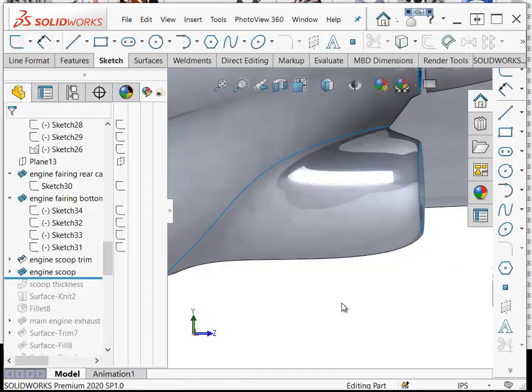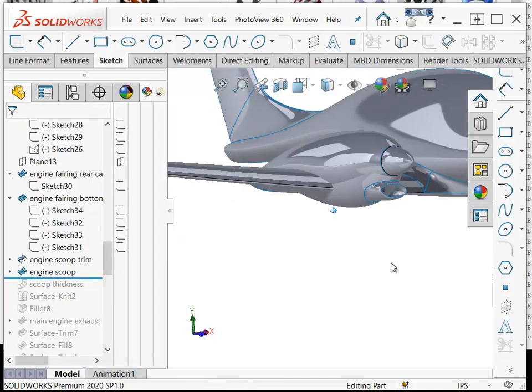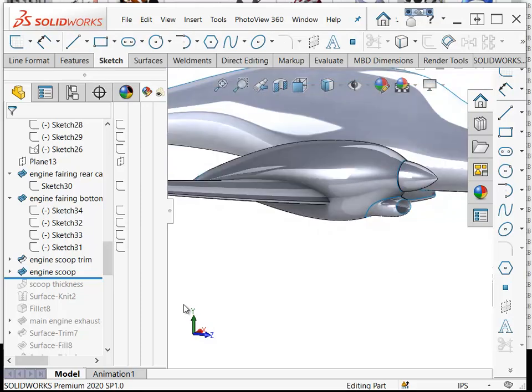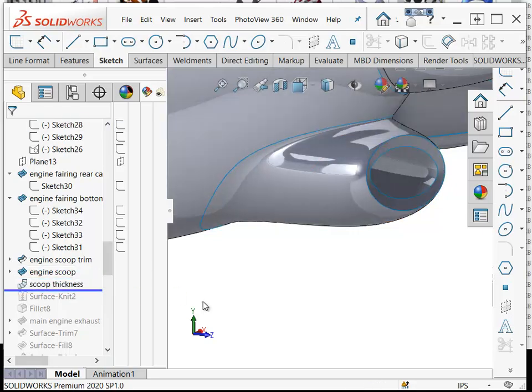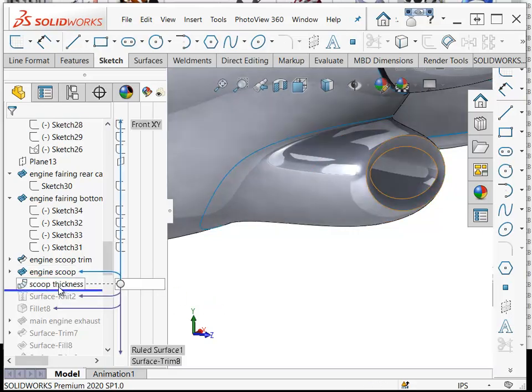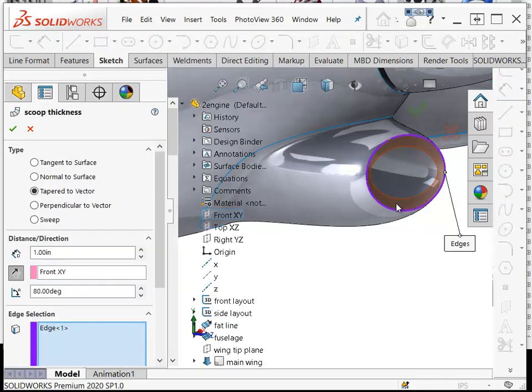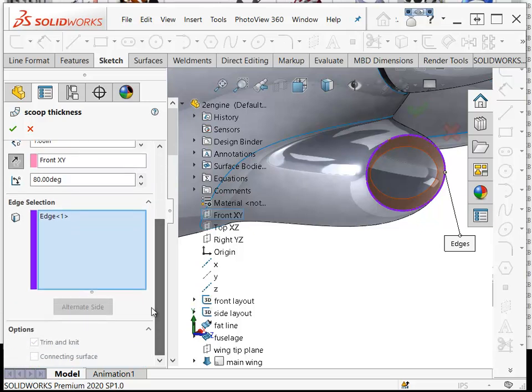I kind of like the shape that this creates. It integrates well into the rest of the design. To get a little bit of thickness on the inside of this so it doesn't just look like a surface model, one of the things that you can do is add a ruled surface. The ruled surface, you remember, is always a straight line in one direction, and it can follow pretty much anything